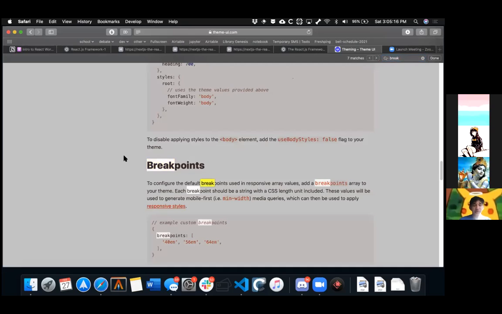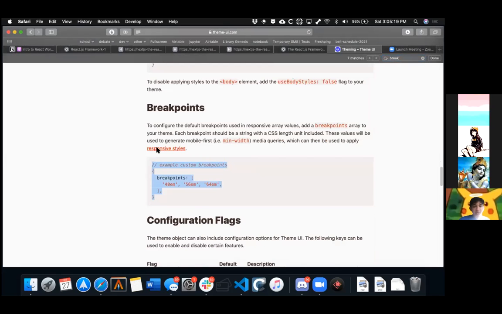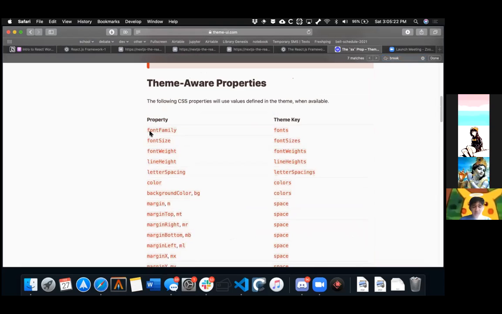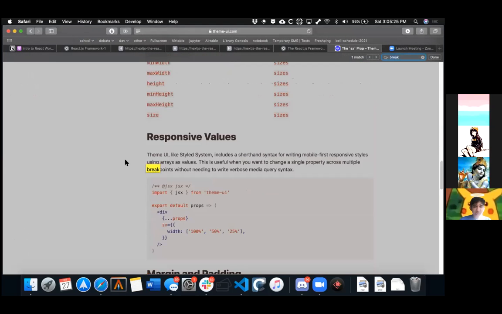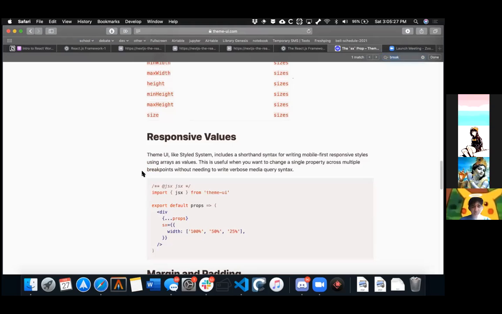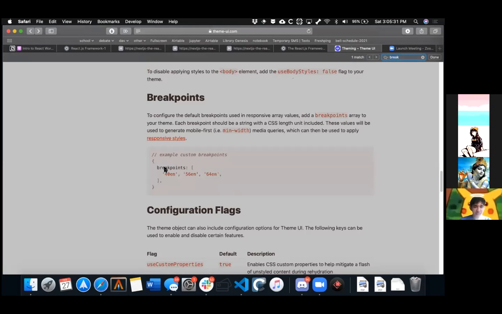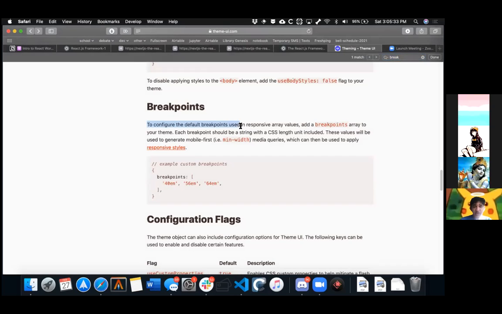There we go. Breakpoints. So these are the points where responsive values change. Here you can define breakpoints. Shoot, where did that go? Oh, it redirected me to the page. Okay. So here you can configure the default breakpoints using array values, and in your theme file, you can configure